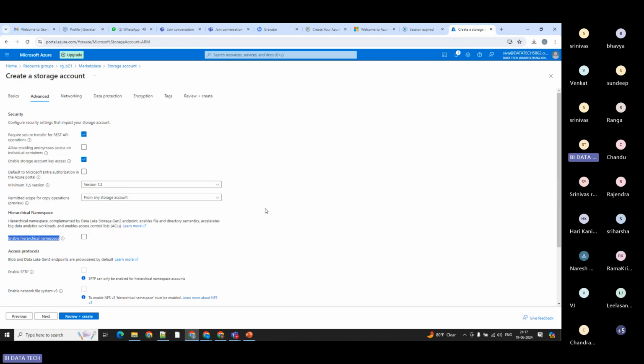That is what yesterday we did not enable. Today I'm trying to enable that. If you enable this option, this blob will become a Gen 2 storage account, generation 2 storage account. From now onwards, I'm going to use only Gen 2, not blob. Even in real time, mostly you're going to use